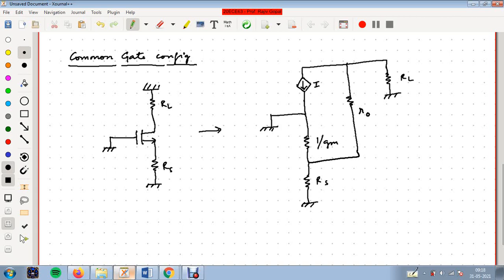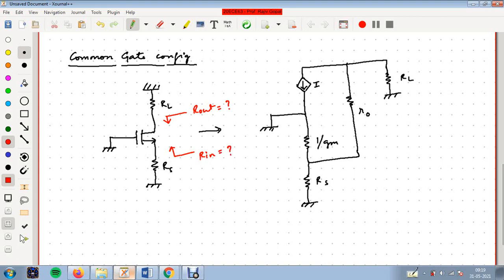What I'm trying to prove here is how this common gate configuration will help improve the gain of the transistor, and how, if I use it in conjunction with a common source amplifier, it will improve the gain of that common source amplifier. So let us look at the currents now. If I look in this direction, let me call it R out, and in this direction, I will call it R in. So I have to find what is R out and what is R in.